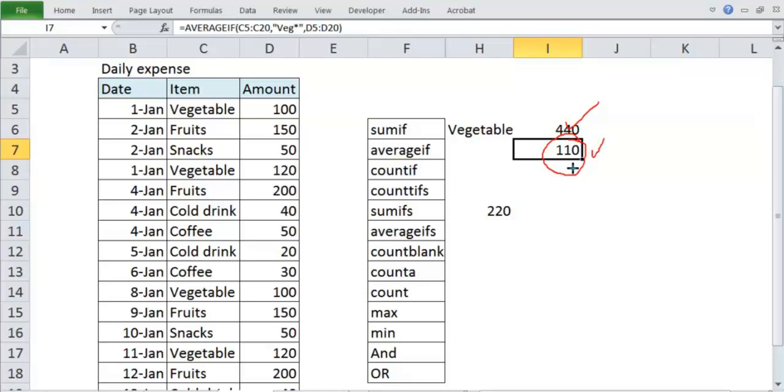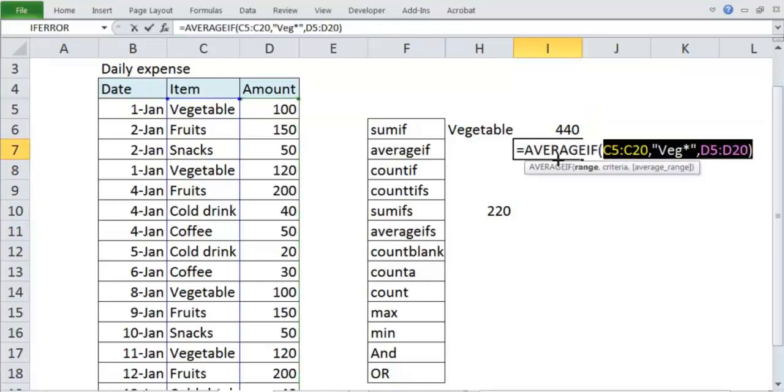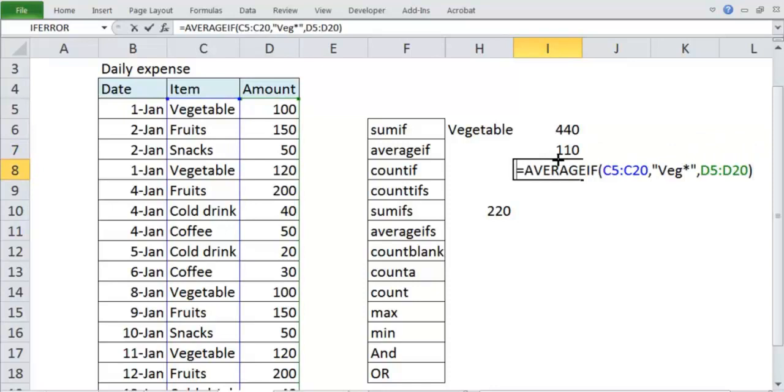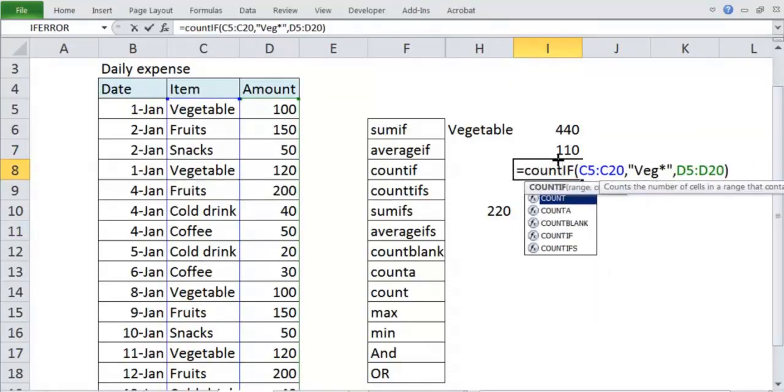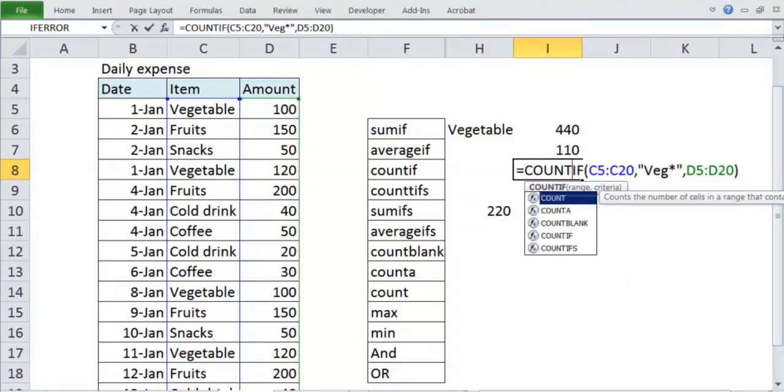So you can also count how many times the transaction is done. I will copy this entire thing and paste it here, and I will say count the number of times. Okay, I have COUNTIF.